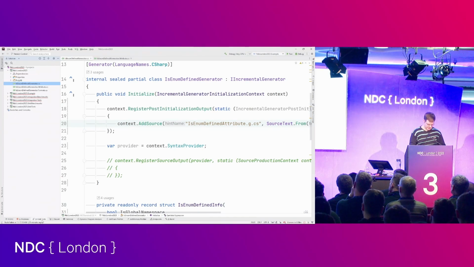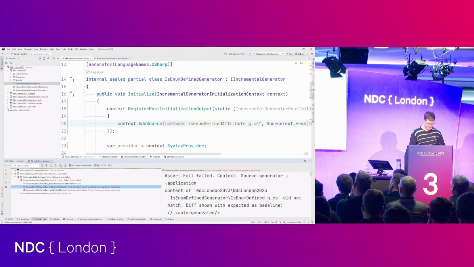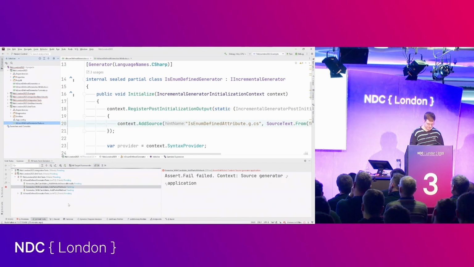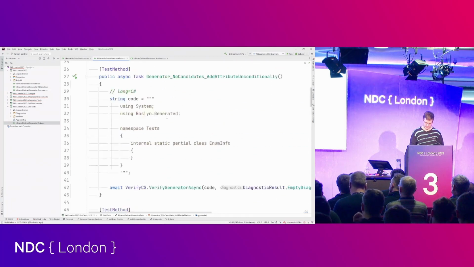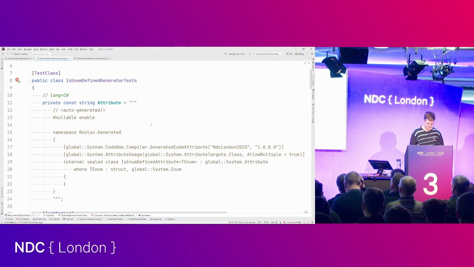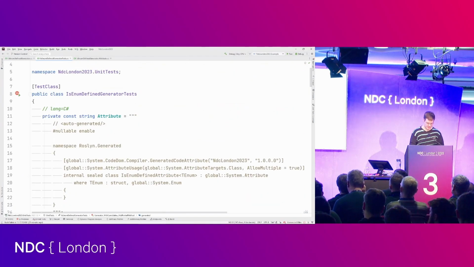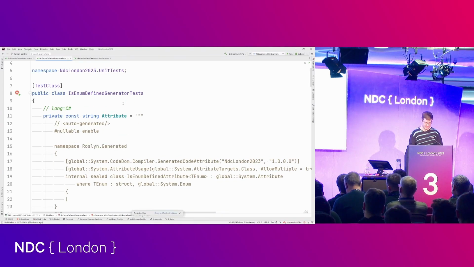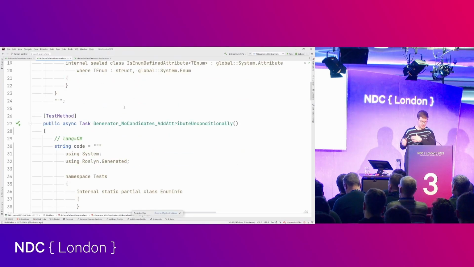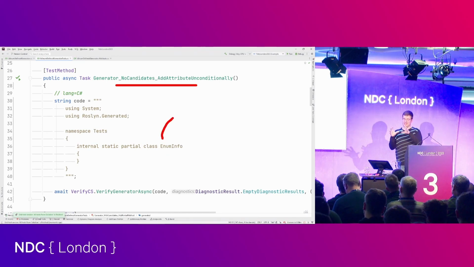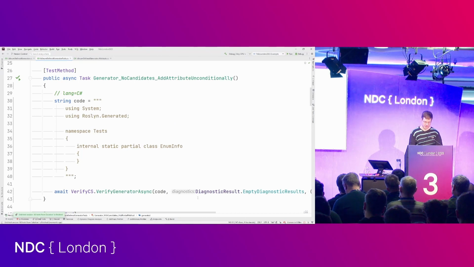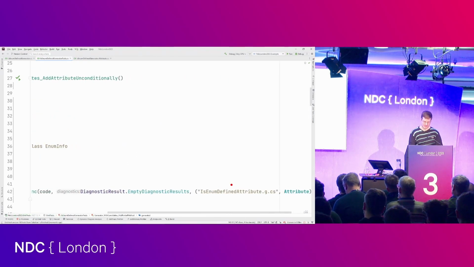So if we run the tests while having a look at them, I am here again defining this attribute that I'm checking against. We see this is all strings, because that's the output of a generator. And I have here a test if I don't have any candidates. So this partial class does not have this new attribute applied, then nothing should be generated,